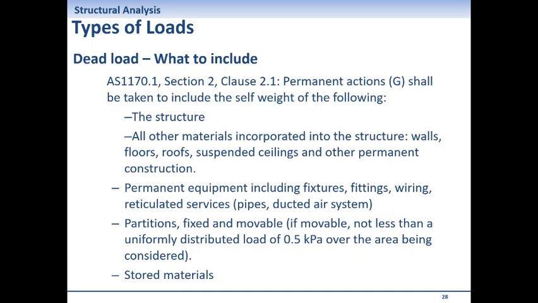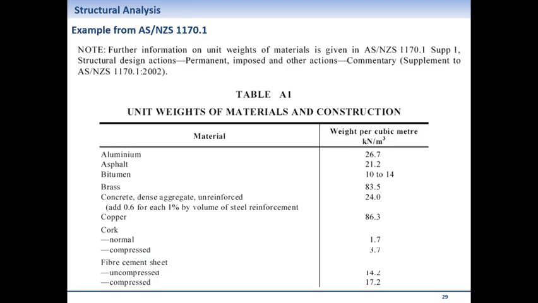The fact that I'm just skipping these slides doesn't mean that these are not important, but these are the type of slides that you can read on your own. So in 1170.1, it's one of the tables that you see, just to have a taste of what you see in that standard. This one talks about the, not density, but weight per cubic meter of different materials that you can use in your design. So if you've got aluminium, you use this particular number given in the standard,